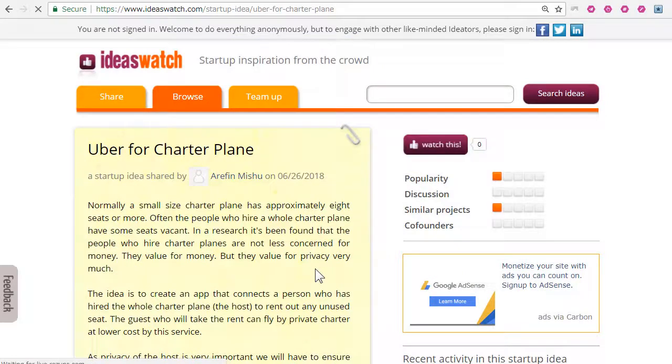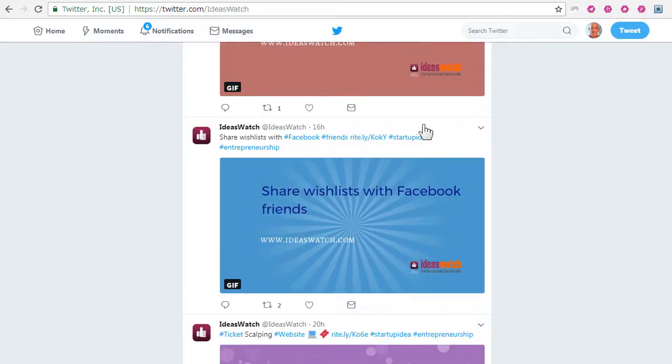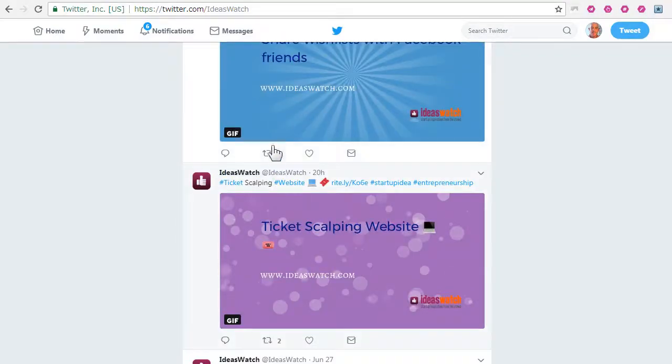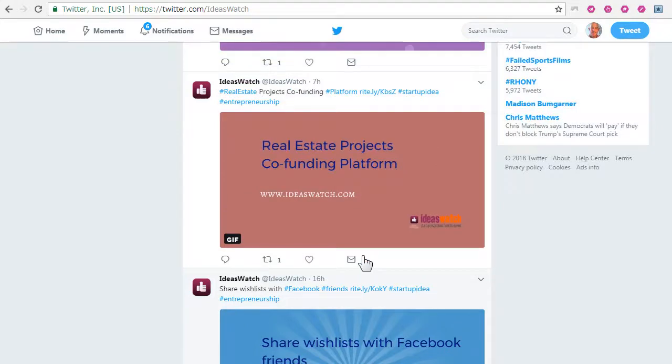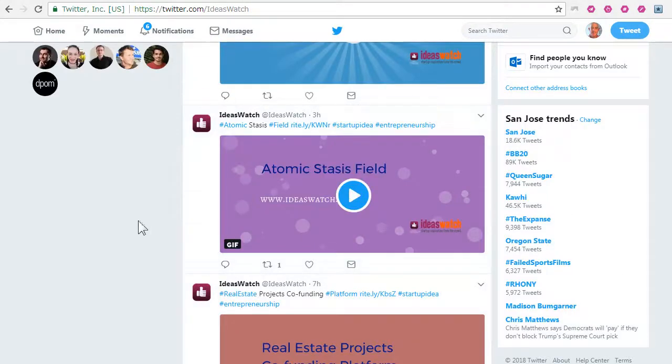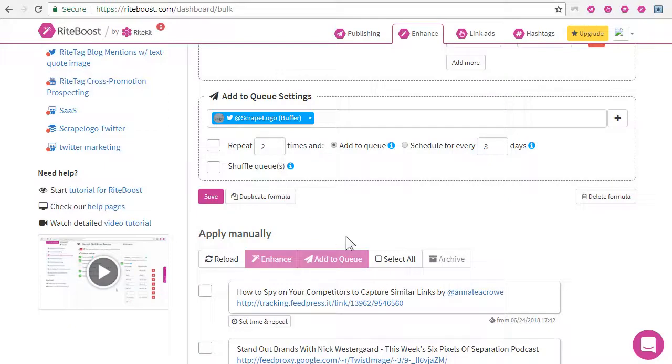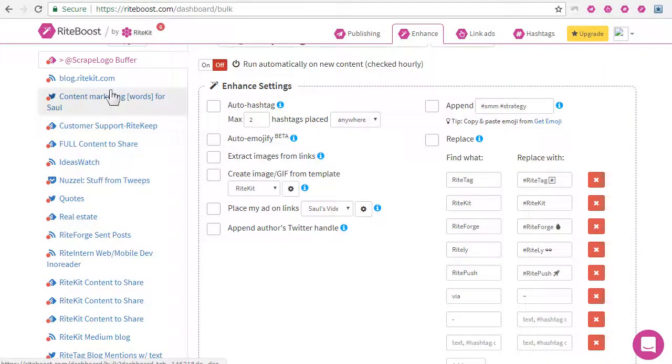So I want to share the new ideas to Twitter, and I find that I get a whole lot of interaction on them when they've got these images with the background animations automatically generated. So, RiteBoost Bulk Creator, RSS formula,